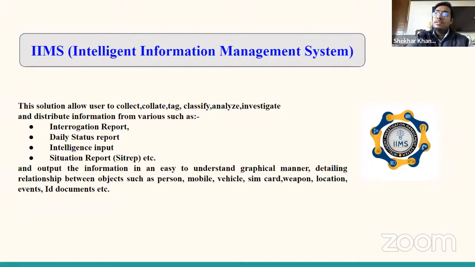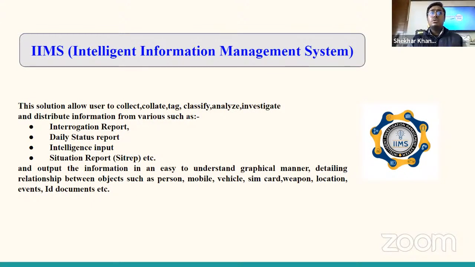It allows you to collect the data, collate the data, tag the data, classify the data, analyze and investigate the data. Suppose you have data banks of various cases having various events in Excel